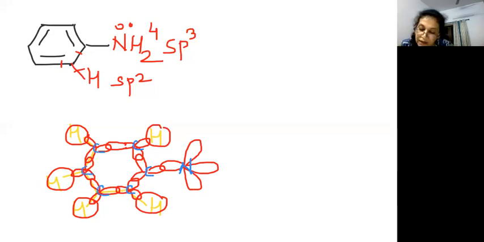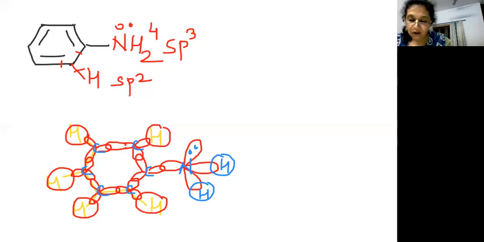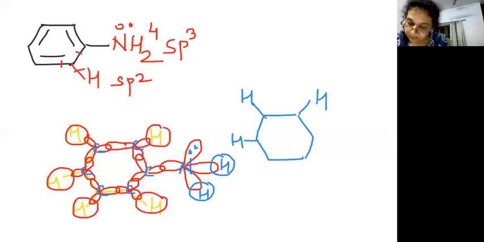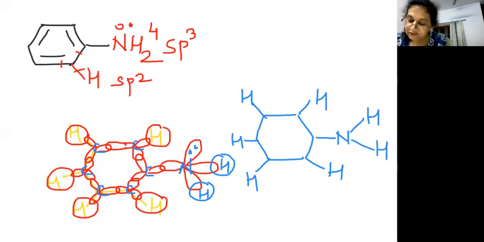In nitrogen, what do we have? In nitrogen, we have two hydrogens attached. So I've made the two hydrogens attached, and I have a lone pair of electrons attached. So these are the pi bonds which I have made. Now, these are the sigma bonds which I have made. So now let me make the sigma bonds and then the pi bonds. So sigma bonds, if I represent the sigma bonds like this. So I've made all the sigma bonds.